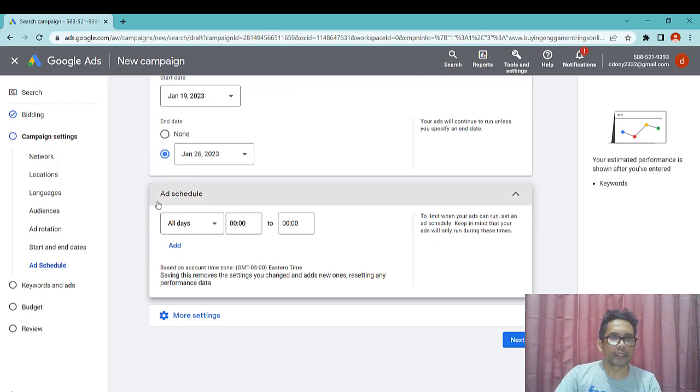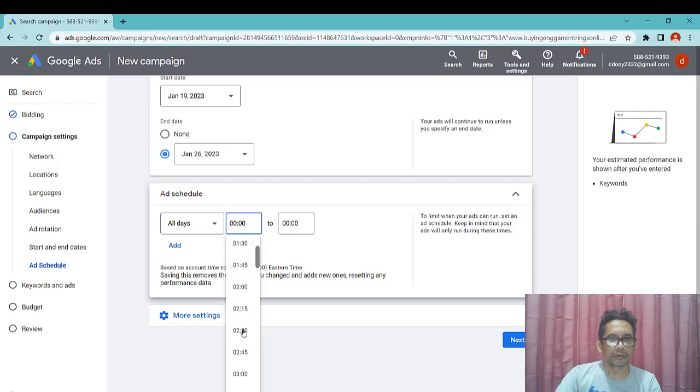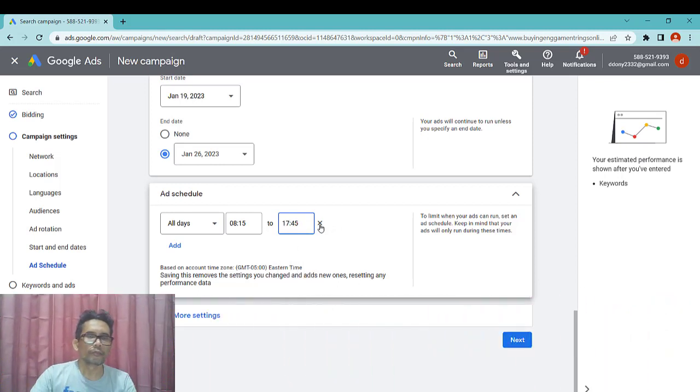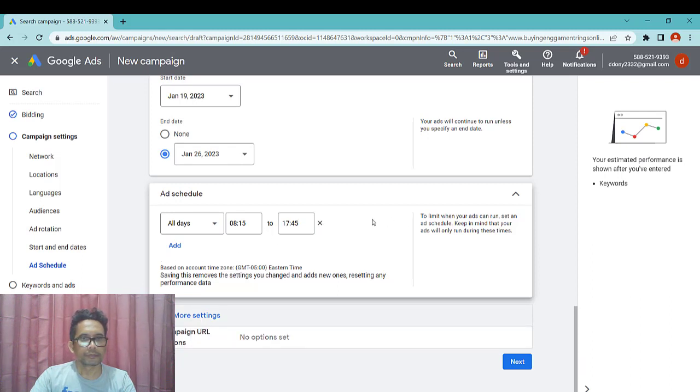You can put all day or from 8:15 to 5:45 p.m. Campaign URL, I think there's no option to set, and then click next.